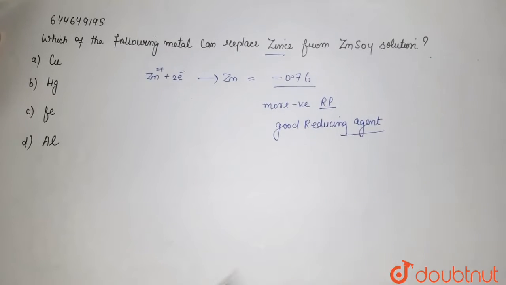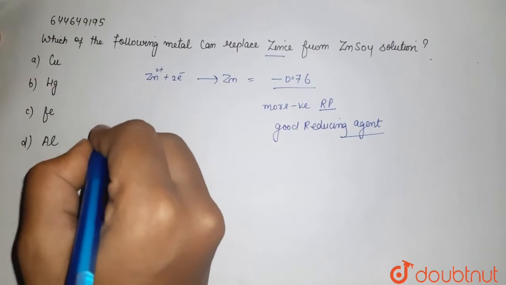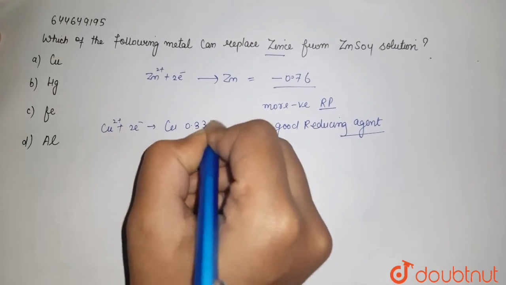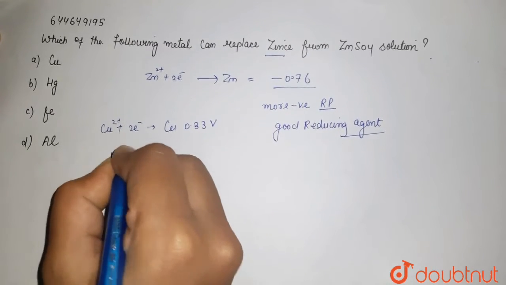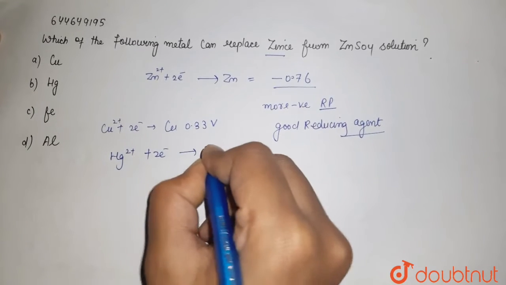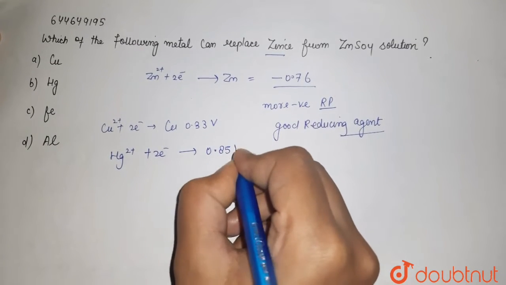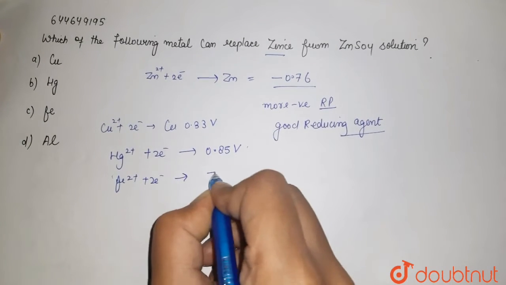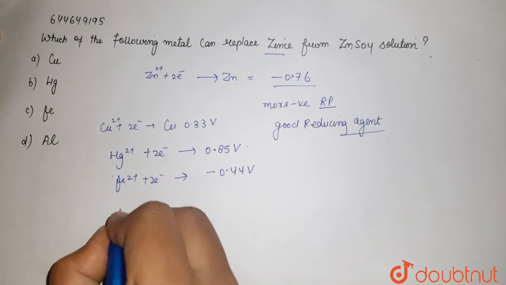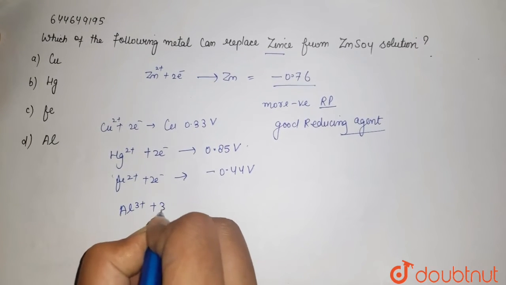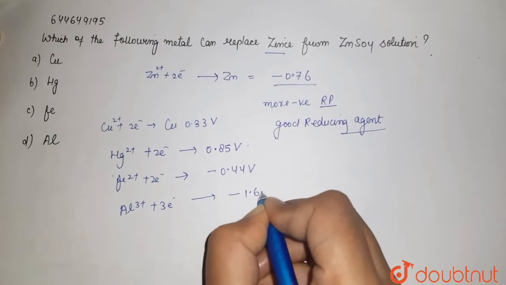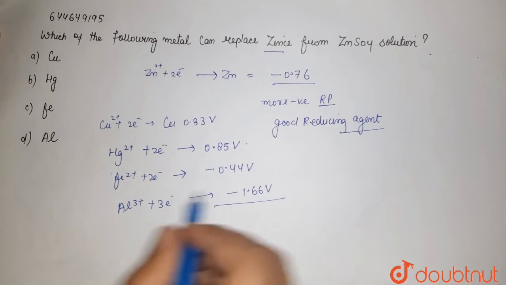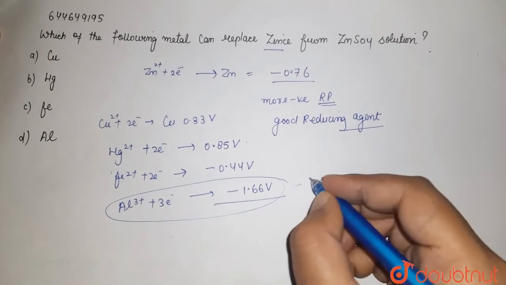Now if you see the reduction potential value of copper, from Cu2+ to Cu it gives 0.33 volt, and for Hg2+ the reduction value is 0.85 V. Then Fe2+ with 2 electrons gives minus 0.44 volt, and here aluminium 3+ accepting 3 electrons gives minus 1.66 volt. So here, if you see, that which has the most negative value of reduction, that is this, it means it is the